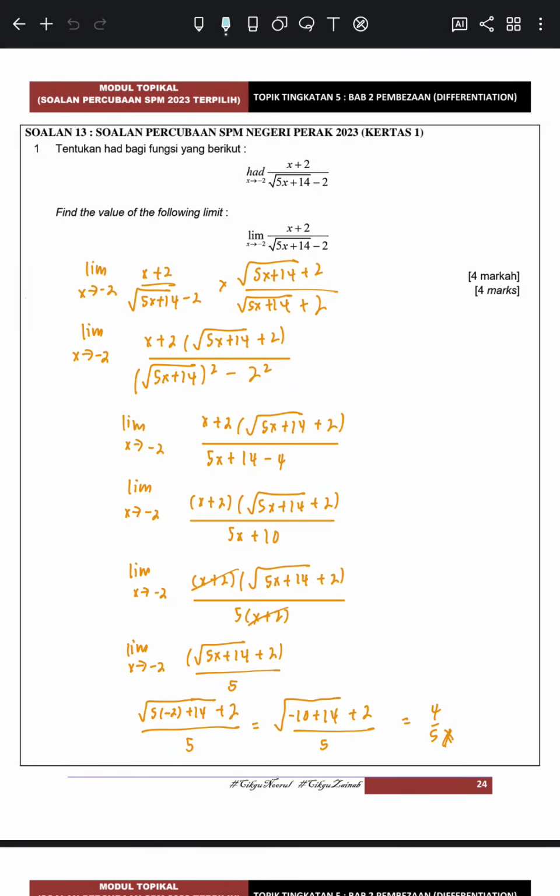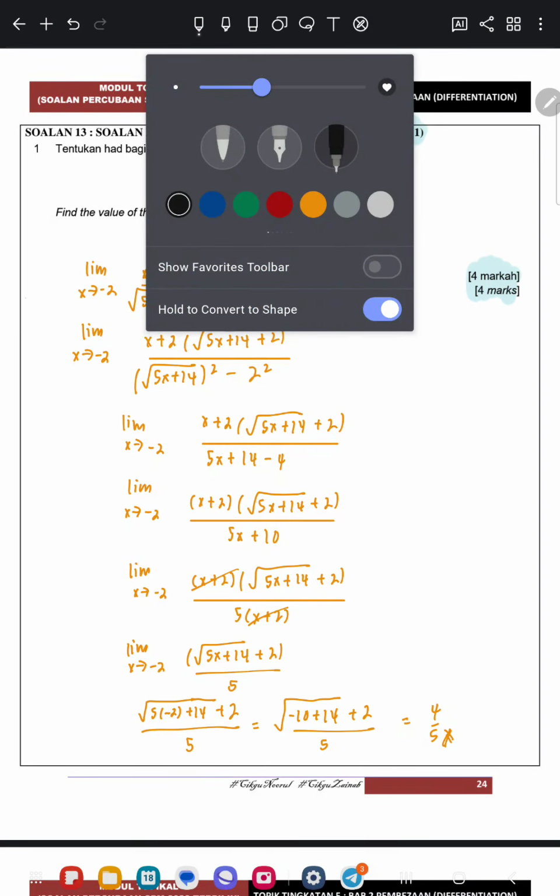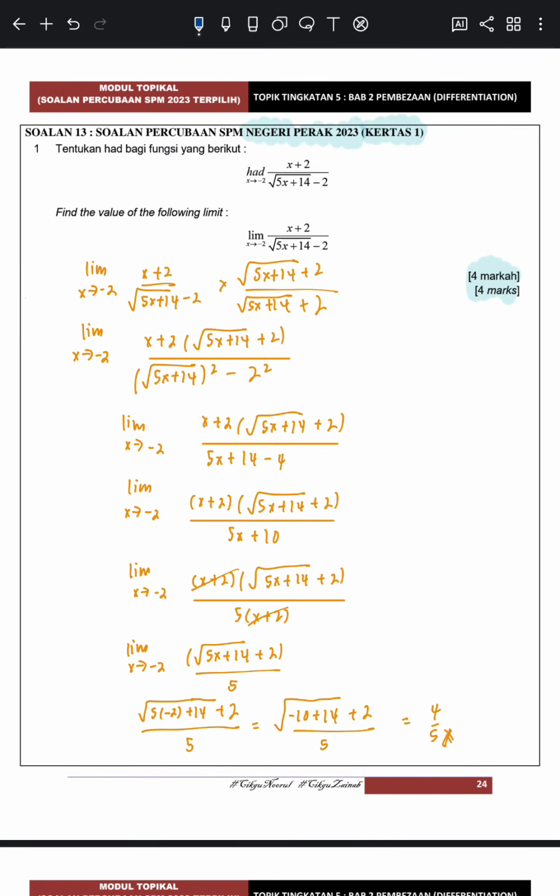Okay, so soalan percubaan SPM Negeri Perak 2023. Okay, for paper 1. Okay, 4 marks question. So I'll just use blue pen first. Find the value for the following limit when x approaching -2, x plus 2 over square root of 5x plus 14